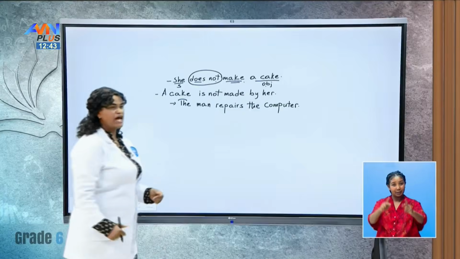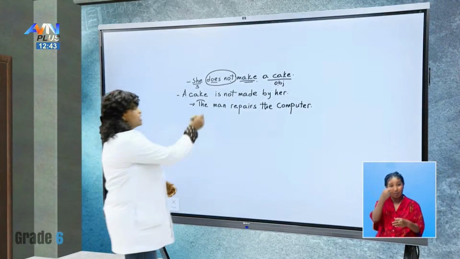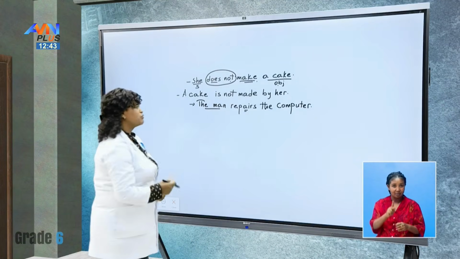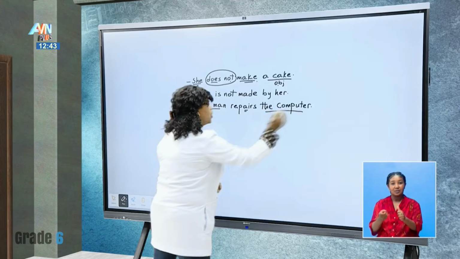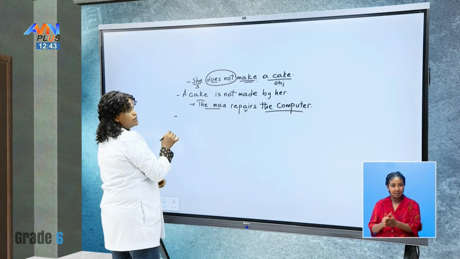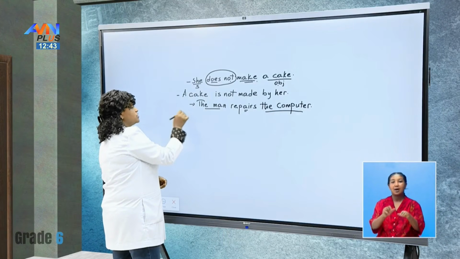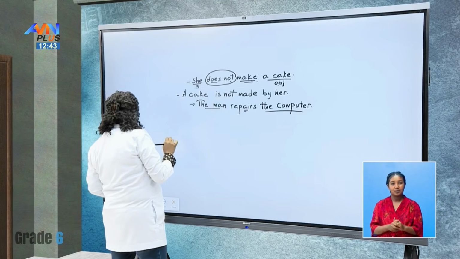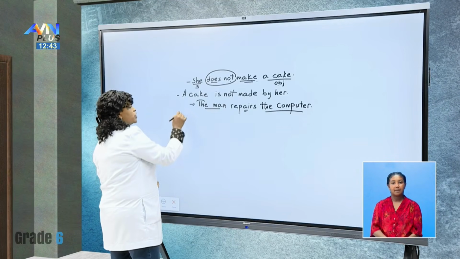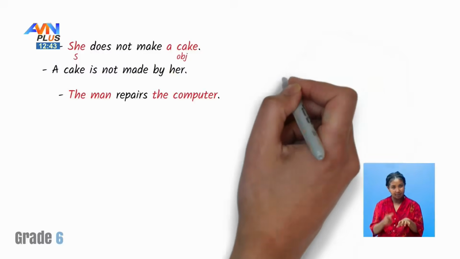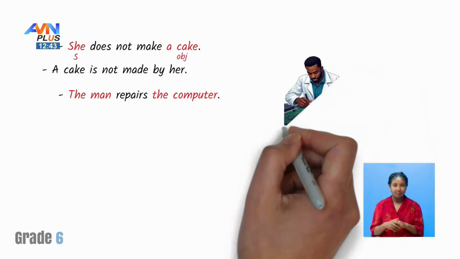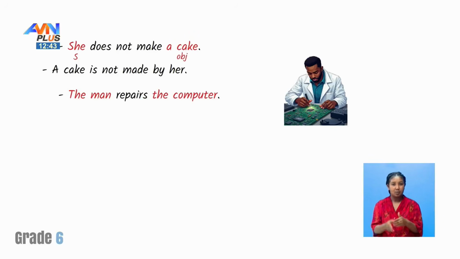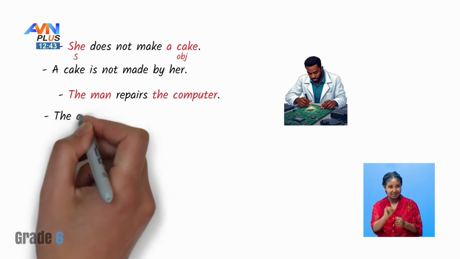Okay, this is an active sentence. Why? Because our subject is the doer of the action, right? Let's make it passive. We start with the object, that is the computer, then computer is singular, so we use is. The computer is repaired